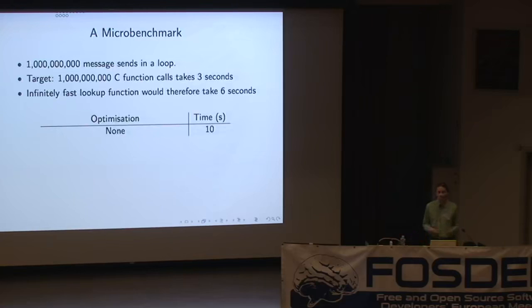No talk about compilers would be complete without some synthesized and highly misleading micro-benchmarks. So here is the obligatory misleading micro-benchmark slide. The basic test is a simple loop which calls a method which does nothing, and it does it a billion times. And the target performance is getting it close to what it costs in C. And so running this version with just a C function call rather than an Objective-C message send takes about 3 seconds.